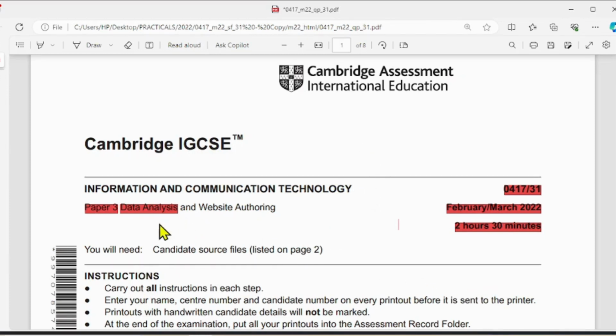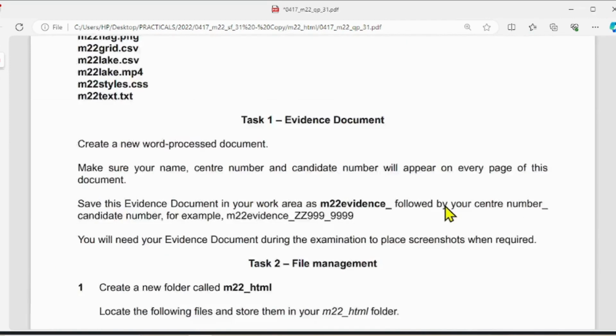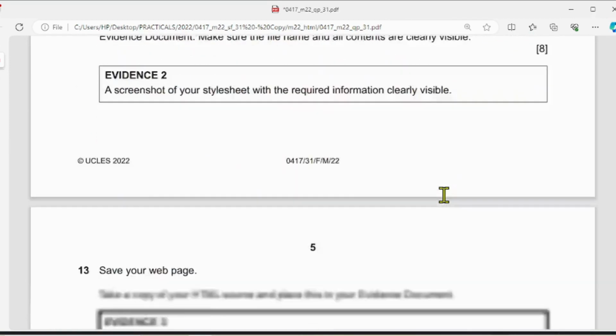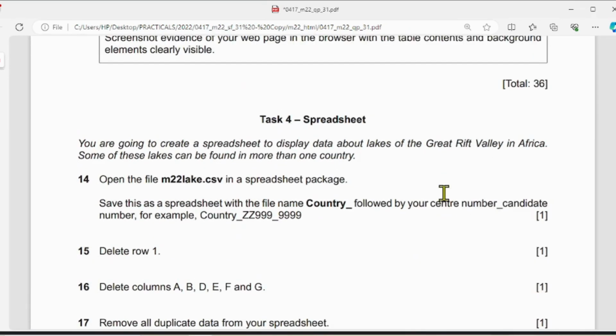In this video, we are trying to do data analysis in MS Excel, paper 2022, February, March, and this paper is 3-1. Let's go to the task. Task 4,